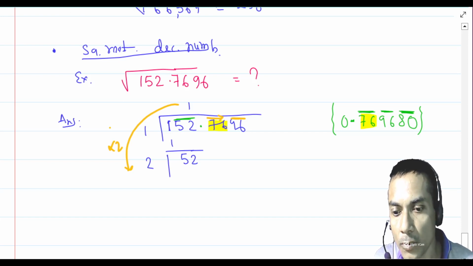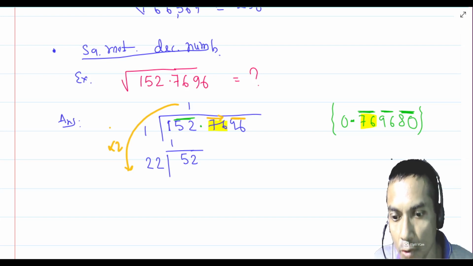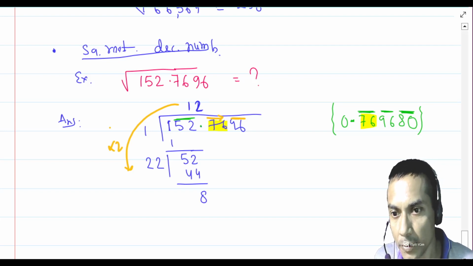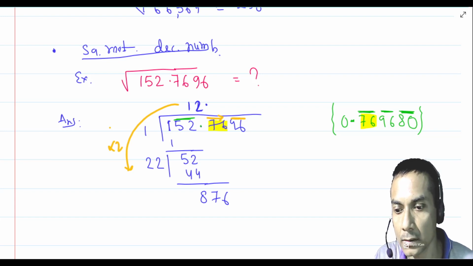Then you choose one number that is nearest to 52. So 2 2 ja 4 and 2 ja 4, 44. Write down in the question 2 here also. Clear? Then it will be 8, and after the decimal point, you shift the decimal here, drop the 76, so 876. Clear? 876. Okay, next,